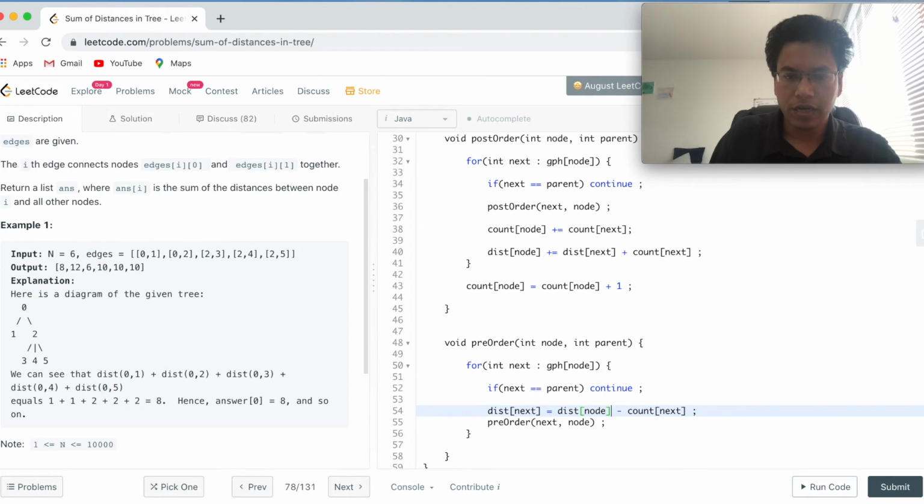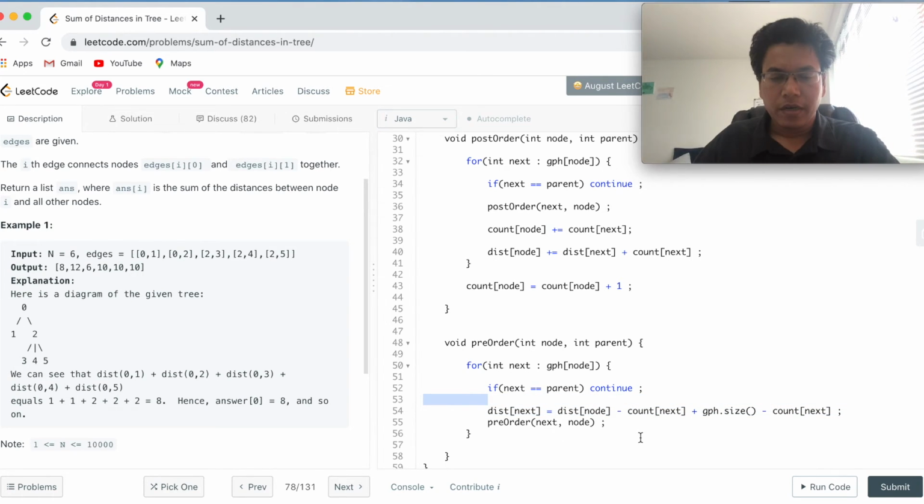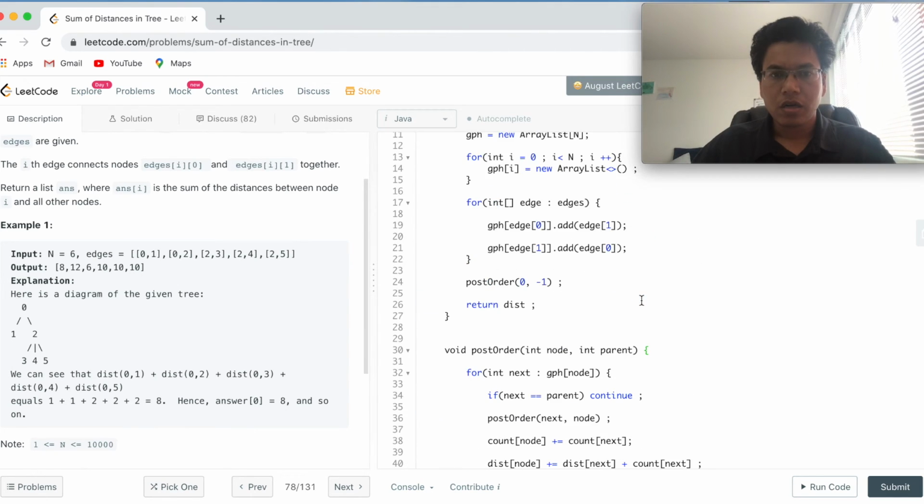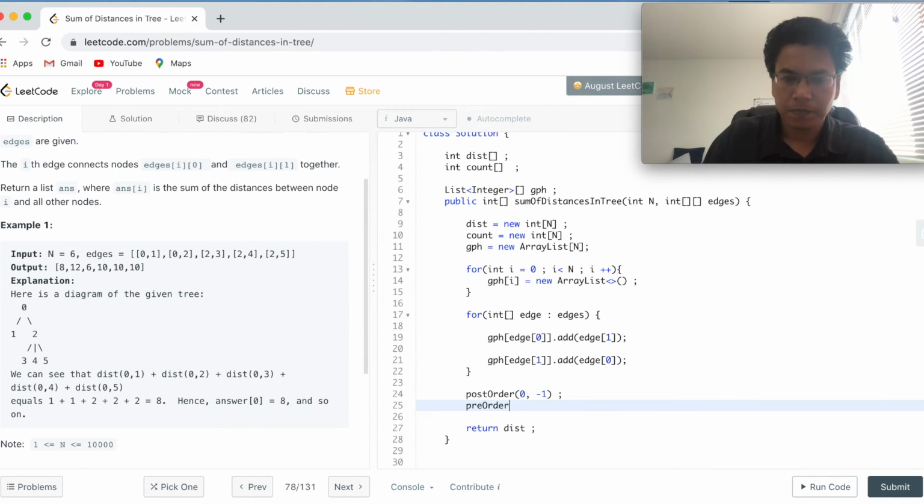So distance of next is distance of node minus count of next plus the graph size minus the count of next. Okay, this looks good to me now. So dist of next equals dist of node minus count of next plus graph size minus count of next. This is one part and another part is this one. Good. Let's call this pre-order after the post order method. We'll call 0 and minus 1.